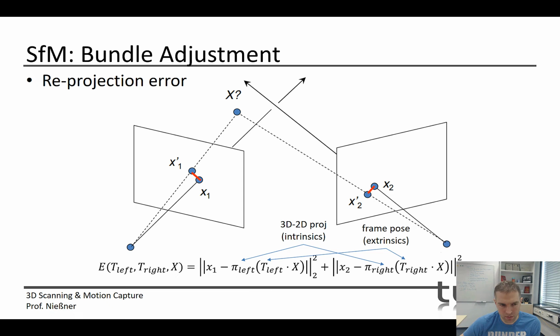Okay, and now what we're doing is we're just adding these two terms up, and we want to optimize for the T's, and we want to optimize for the X's, right? So T left, T right, and X. X is 3D point locations, and T's are the respective camera, the extrinsic matrices. As a quick reminder,